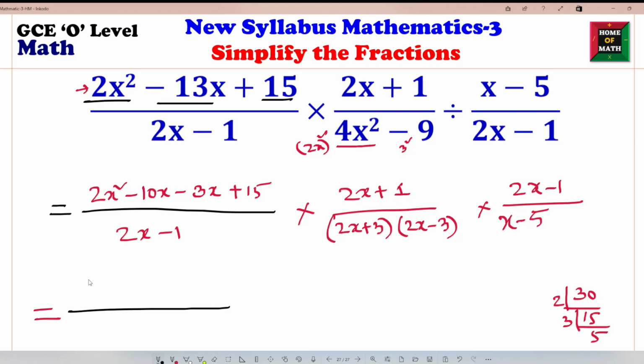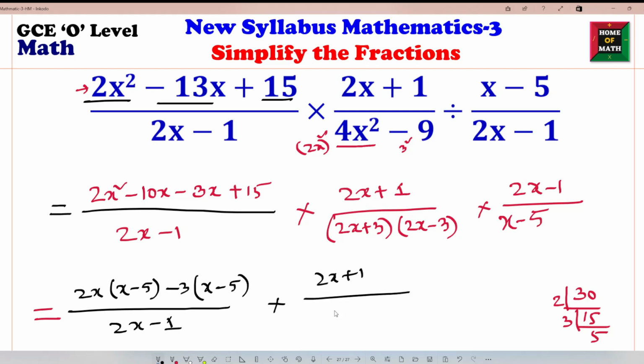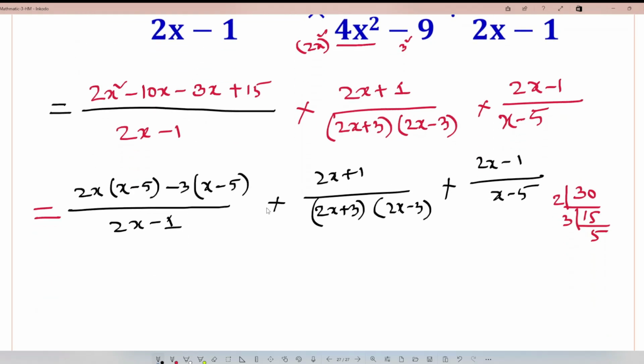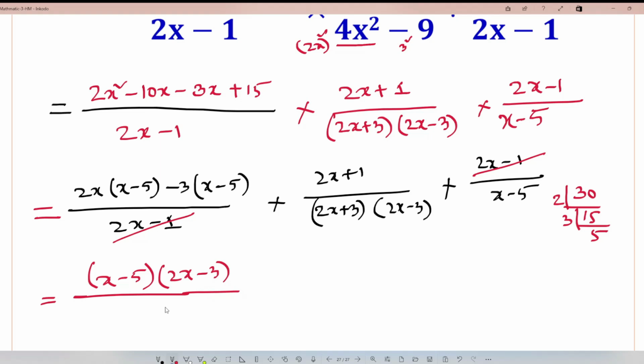So here we can take 2x common, so it will become (x − 5), and −3 common, it will become (x − 5). Divide (2x − 1) times, here is (2x + 1), divide (2x + 3) and (2x − 3) times (2x − 1), (x − 5). Okay, so this 2x − 1, 2x − 1 we can cancel, and here is (x − 5) times (2x − 3), and